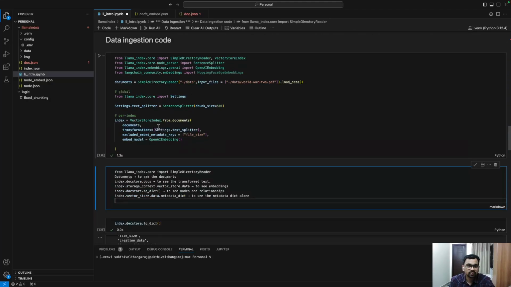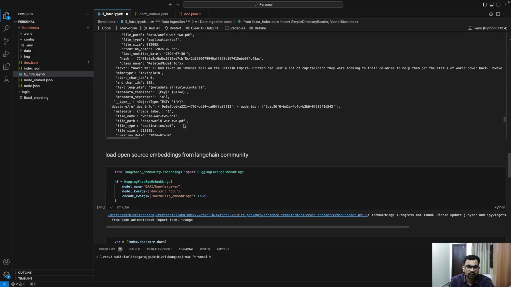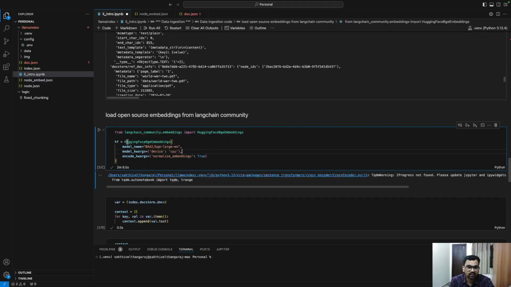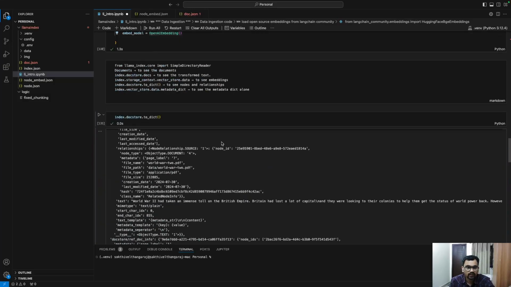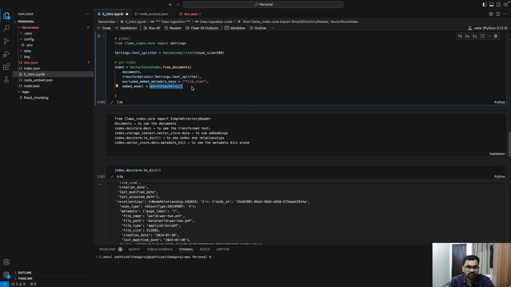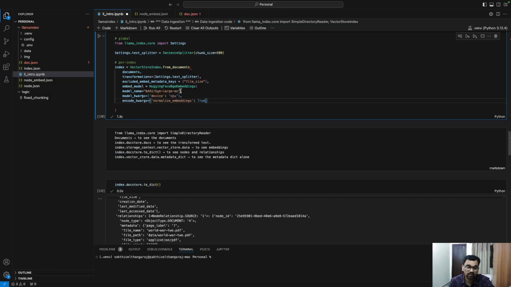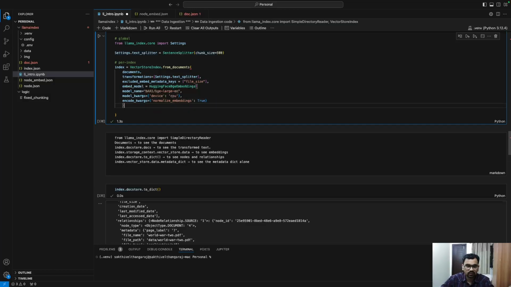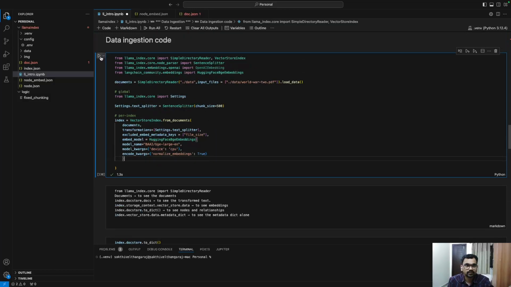And one more thing I wanted to say: if you wanted to try out some other Hugging Face embeddings, an open source embedding, instead of this OpenAI embedding, you can replace it with Hugging Face embedding. For example, this is the command for that. I'll just copy it. Instead of OpenAI embedding, I'll replace it with Hugging Face embeddings. Okay. And if I run it,